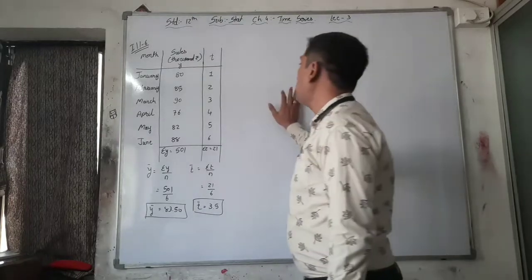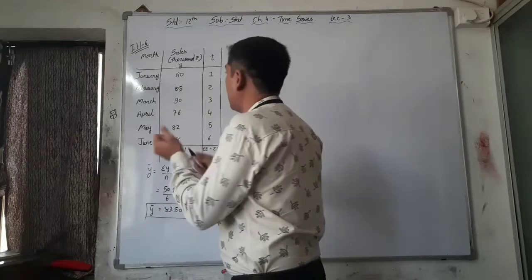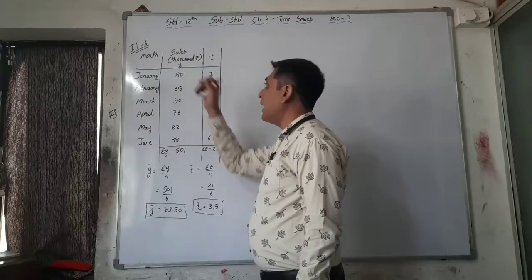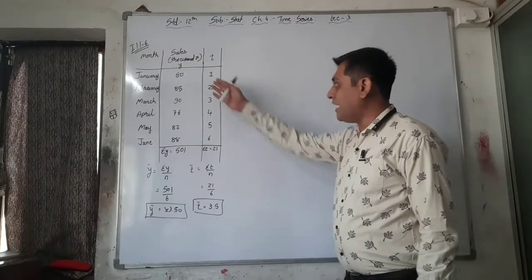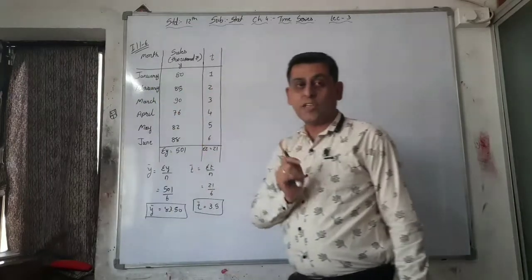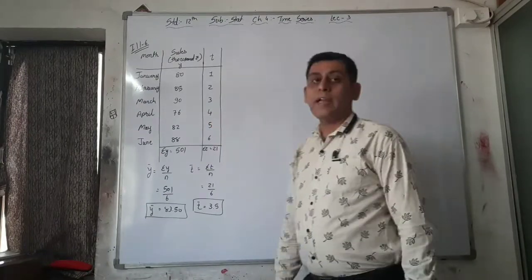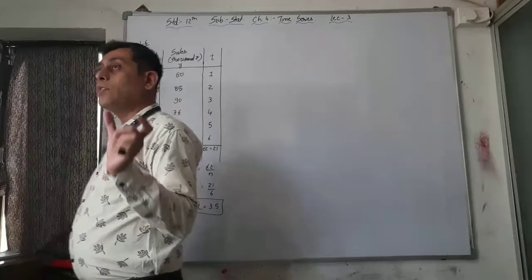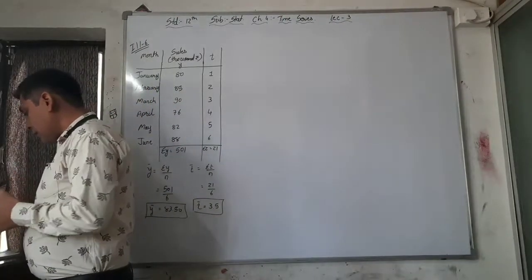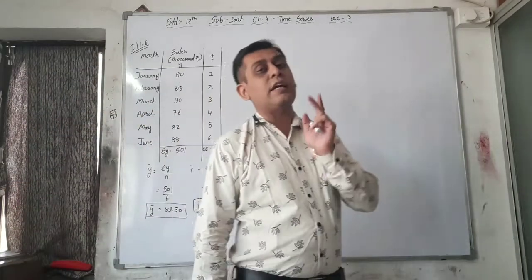So we'll have to make these columns, including T square. Now see, the months January to June are given, then sales in 1000 rupees, Y, is given. Now you prepare the T column, the time column, which is always fixed: 1, 2, 3, 4, 5, 6, then T square, Ty, and the next column is trend value. So that is the first question, fit the linear trend and show it graphically. That is the second question.